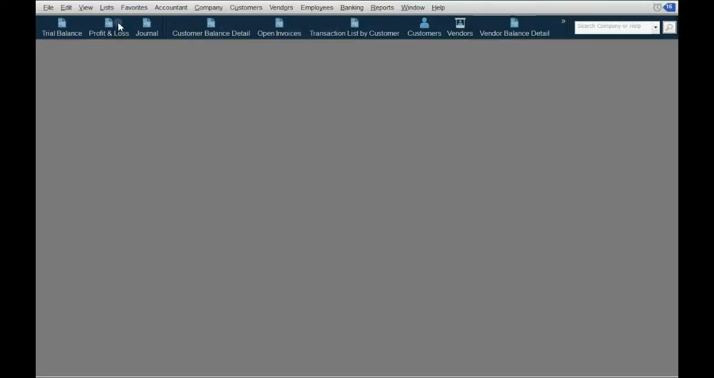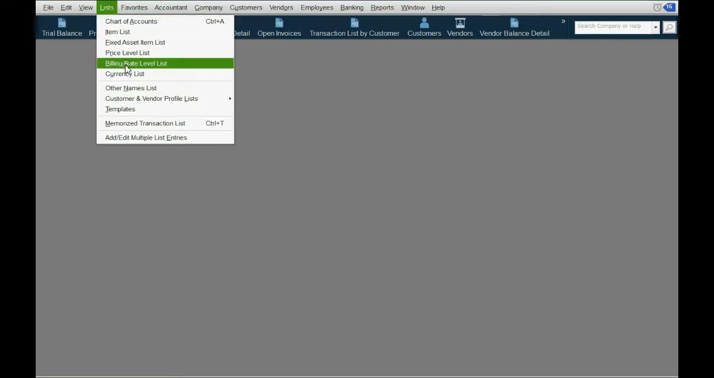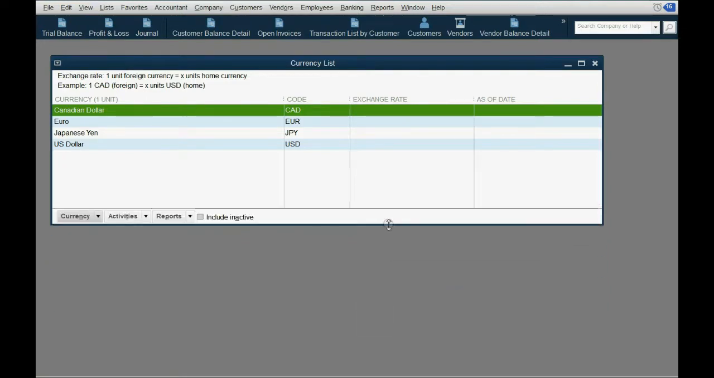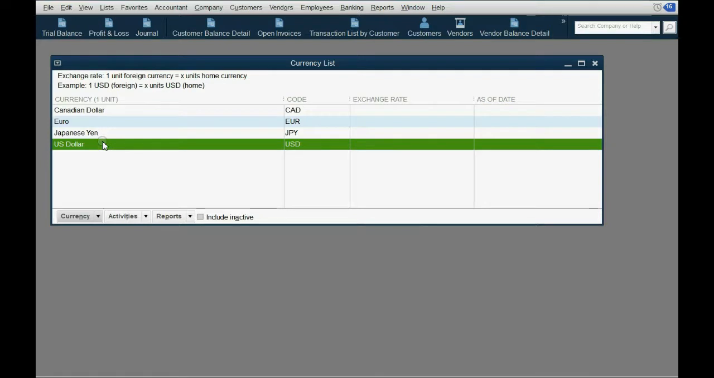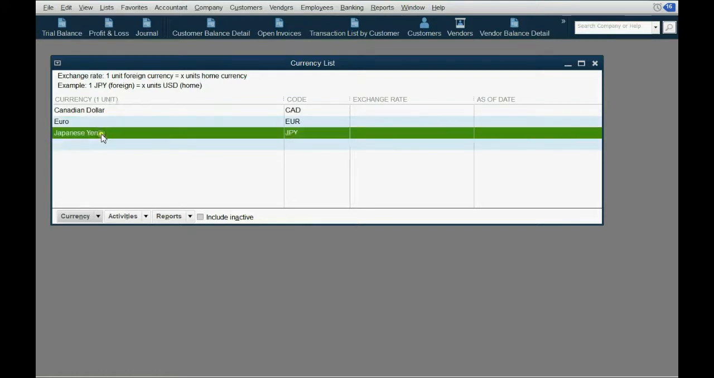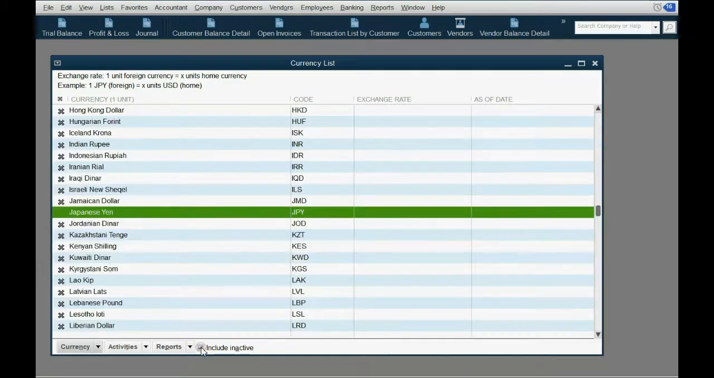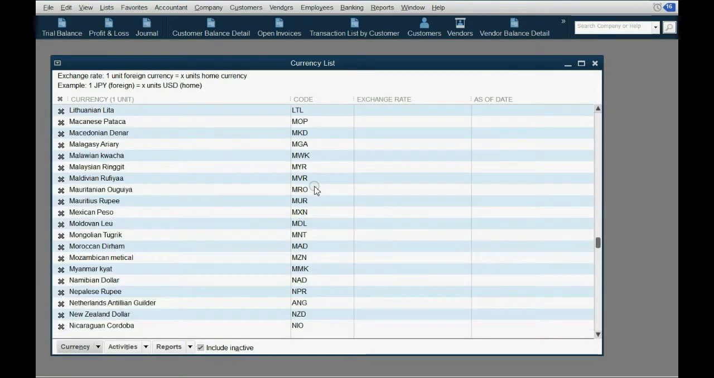From the main menu, click List, Currency List, and you can see that only 3 currencies were available by default in addition to the home currency, the US dollar. QuickBooks has already activated the 3 most likely currencies that people in the US deal with if they're not dealing with dollars. But let's stretch this window tall and then click Include Inactive, and you can see all of the available